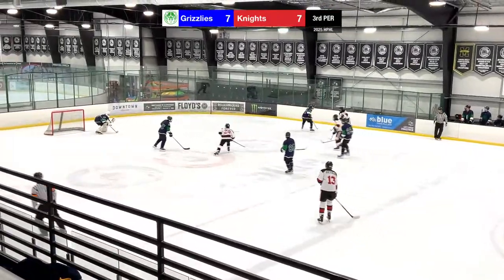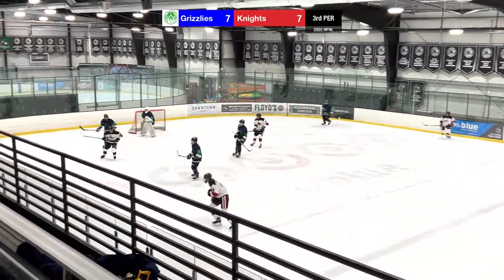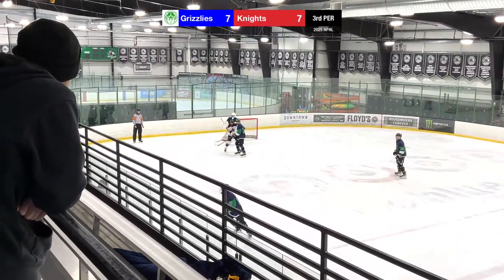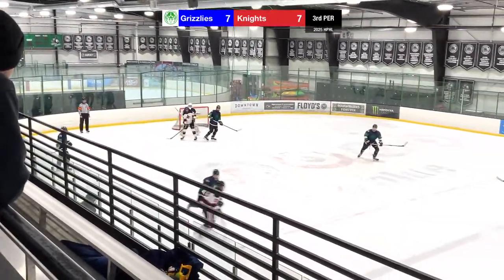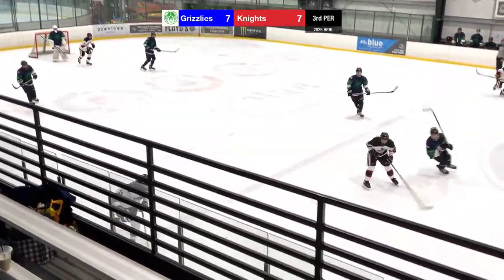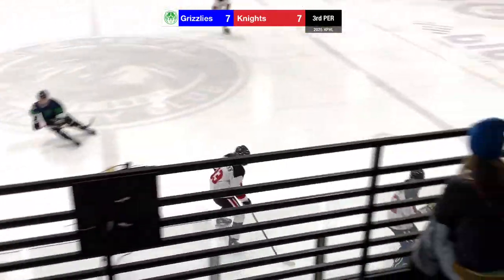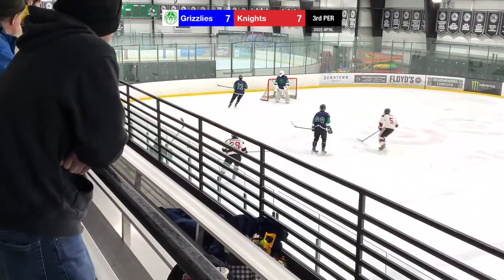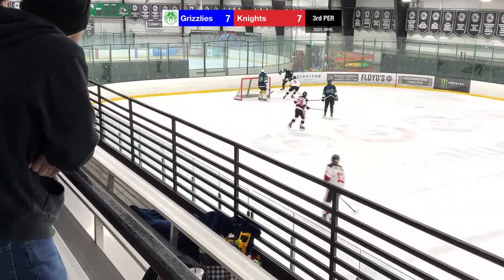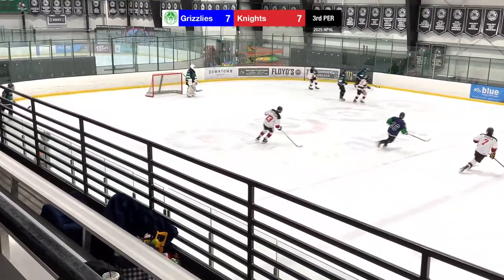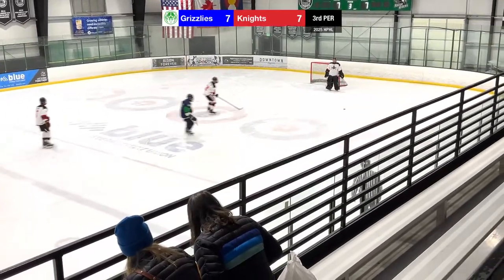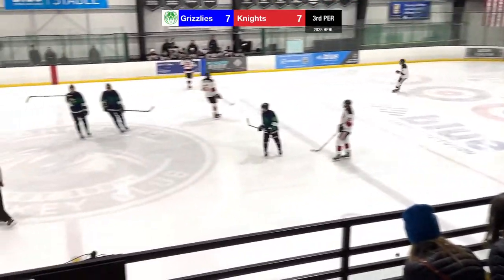Boulder breaks in. Shot tipped away or deflected away by the goalie. Into the corner. Hard to see it there. Along the wall. Held in there, but poked out by Keegan. Keegan tries to chip that forward. It goes back. Owen here. Penalty is over. Owen slips away. Owen's going to ice this. He's going for a stretch pass. Just didn't work.